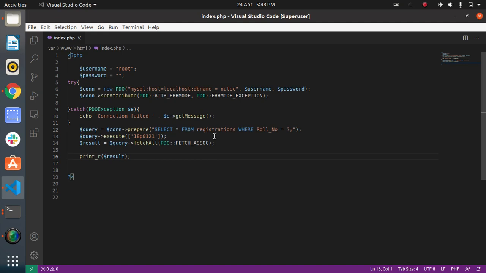Select everything from registrations where roll number equals 18P0121, it is fine, execution is fine, print_r is also fine, fetch association is fine, query execution is fine, and query equals prepare, this is also fine. Set attribute, where is the error, man?